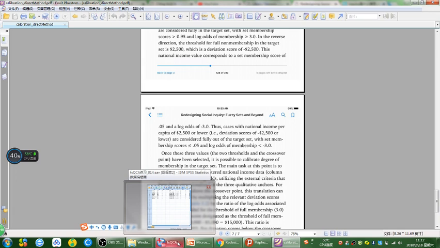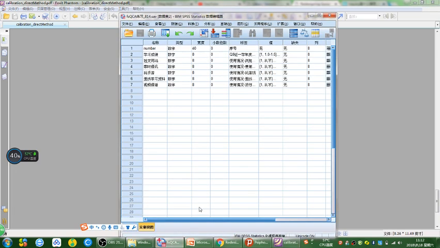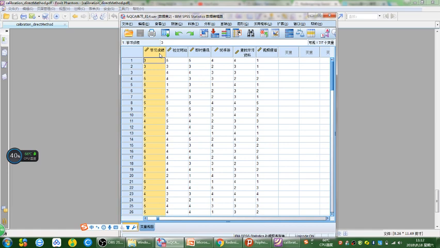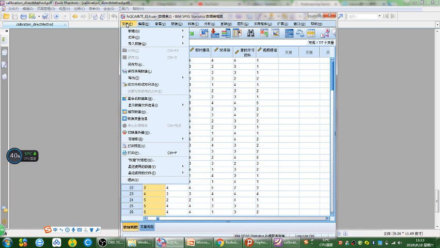Anyways, let's start with SPSS. As you all know, most social scientists use SPSS to analyze data, and so do I. So here I have 5 independent variables and 1 dependent variable. So these are my 5 independent variables, and this is my dependent variable. So I'm going to open a syntax file that I made